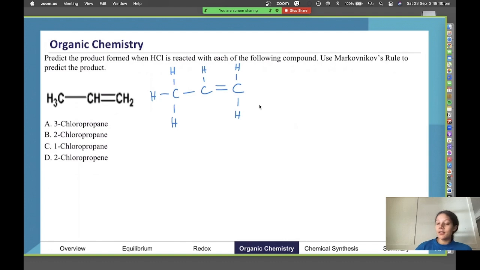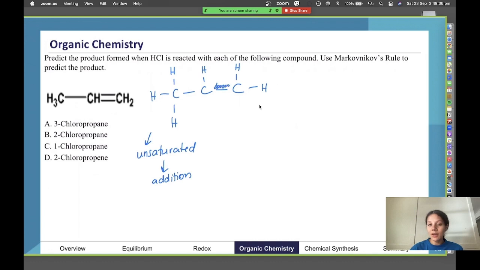because this is an unsaturated compound, meaning that we have that double bond in there, it's going to undergo an addition reaction. Because of that double bond, we can break the double bond, turn it into a single bond, and then it gives us space on the molecule to add in extra atoms. So if I redraw that a bit nicer, if we break this double bond and make it a single bond, we can add 2 more things here. If we're adding HCl, that means we can add hydrogen. We can also add chlorine.